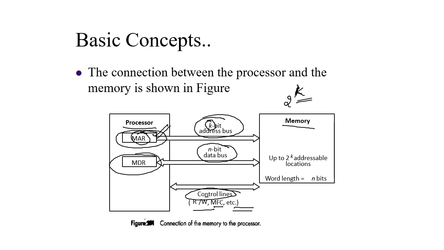Similarly, when you write data, MAR will be loaded with the target address of the memory, and the data that has to be written to that memory location will be loaded into the MDR register, and as soon as it is loaded into MDR, it gets reflected on the data bus. This data bus is directly connected to the memory through some signals that we will look into in our next module.